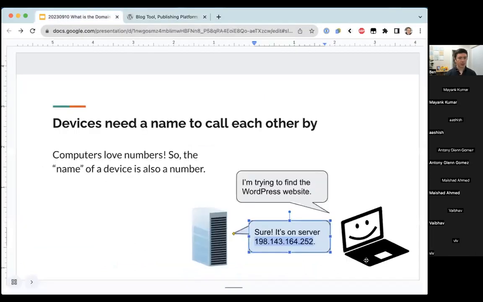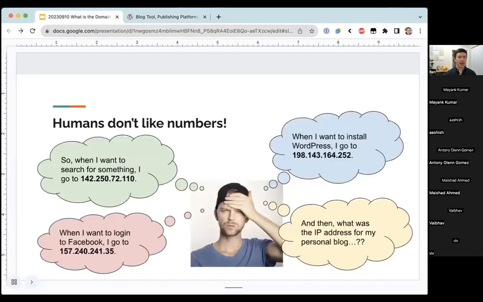So that's the number of the WordPress.org server. But the problem is humans don't like numbers. Computers like numbers, but humans don't. So for example, when I want to search for something, I need to access